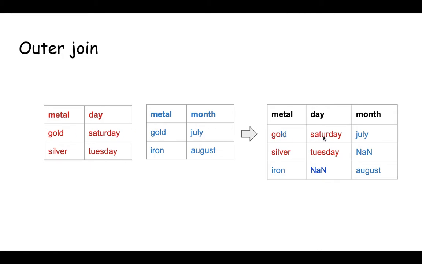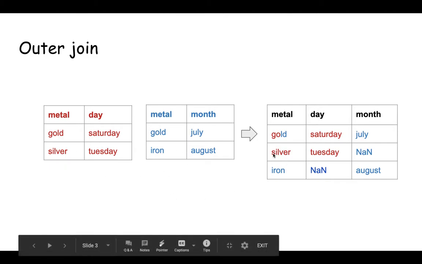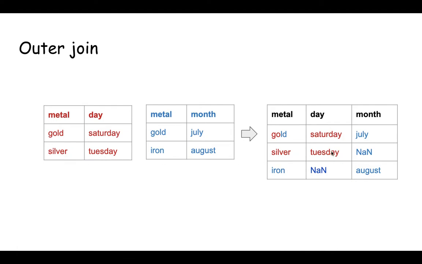Here we get Saturday, which is from the left table, and we get the month, which is from the right table. Next we have silver. Silver is present only in the left table, it's not in the right table. So we get the values for silver in metal, Tuesday for day, and the month remains NaN or empty